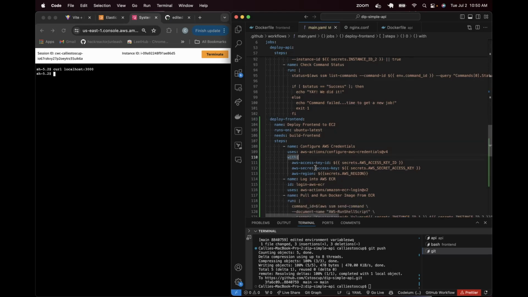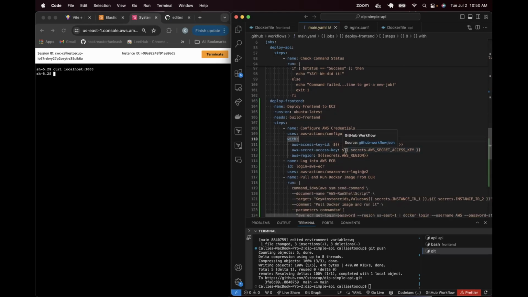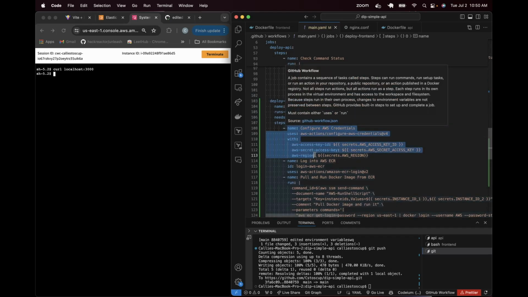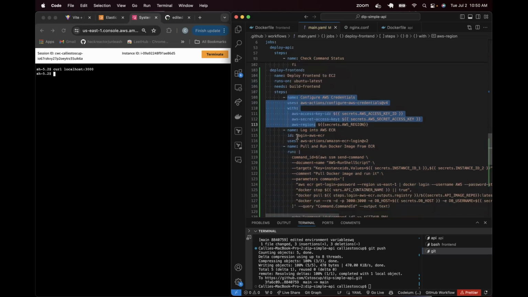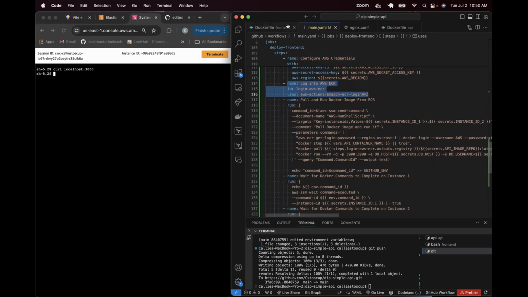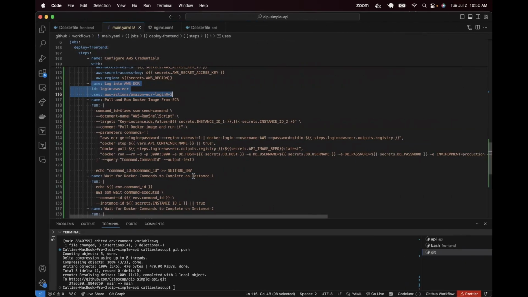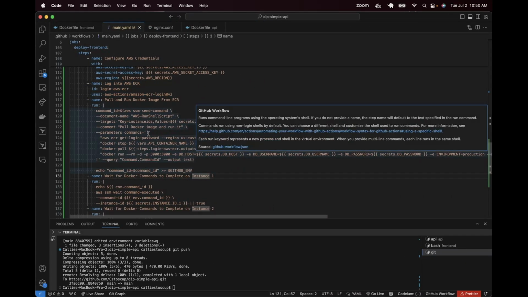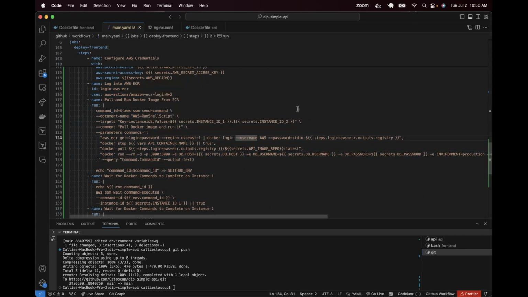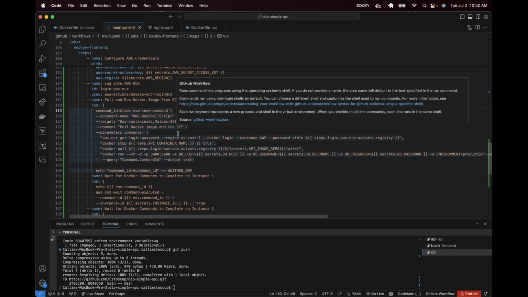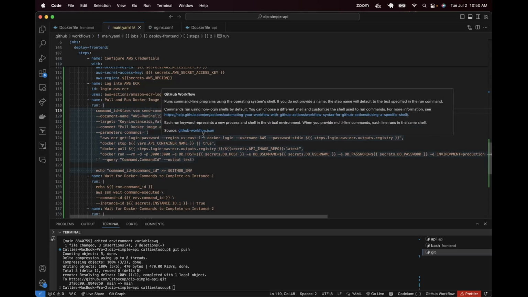All right. These secrets should be fine. So configure AWS credentials, good. Log into ECR, good. And then we want to pull and run Docker image from ECR. All right. So we want to run this on our instance 1 and 2 still. Yep. We want to pull Docker image and run it. Perfect. All right, let's take a look at this. Our registry is the same. We just have 2 different